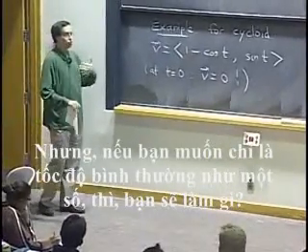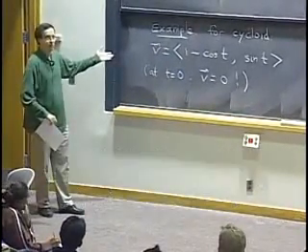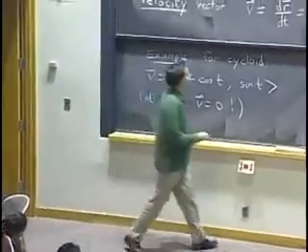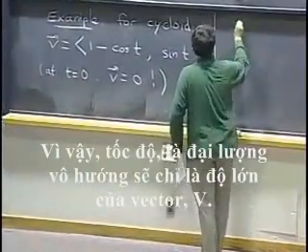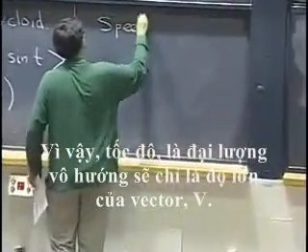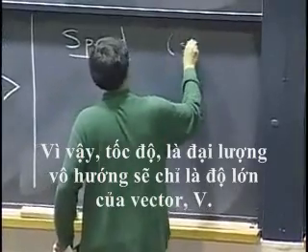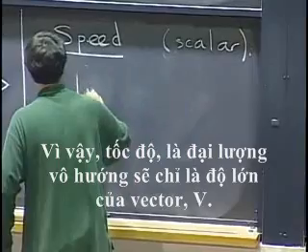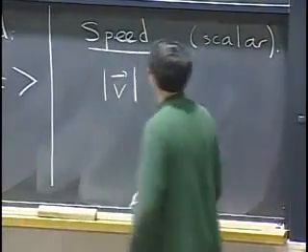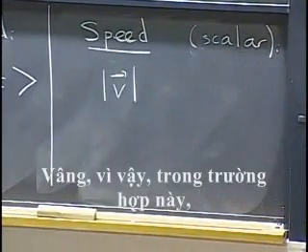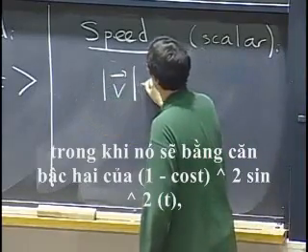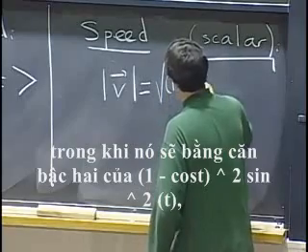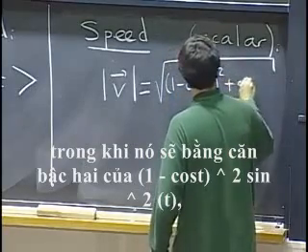But if you want just the usual speed as a number, then what will you do? Well, you will just take exactly the magnitude of this vector. So speed, which is a scalar quantity, is going to be just the magnitude of a vector v. Okay? So in this case, it would be square root of (1 minus cosine t) squared plus sine squared